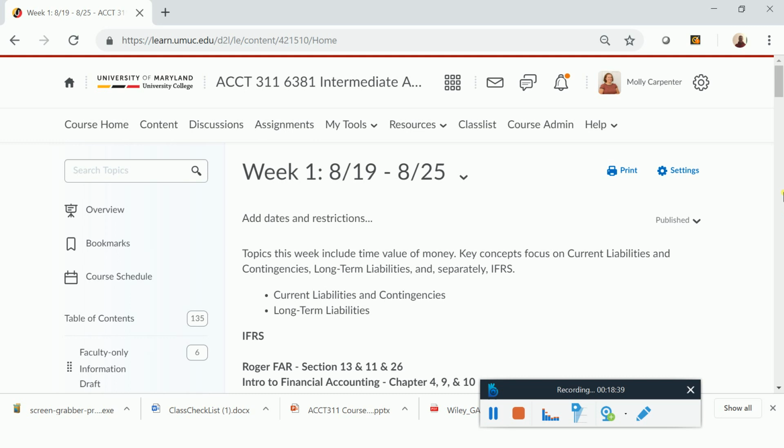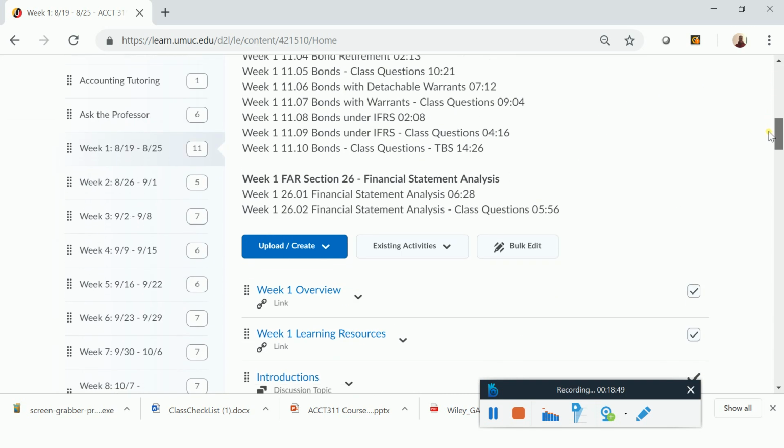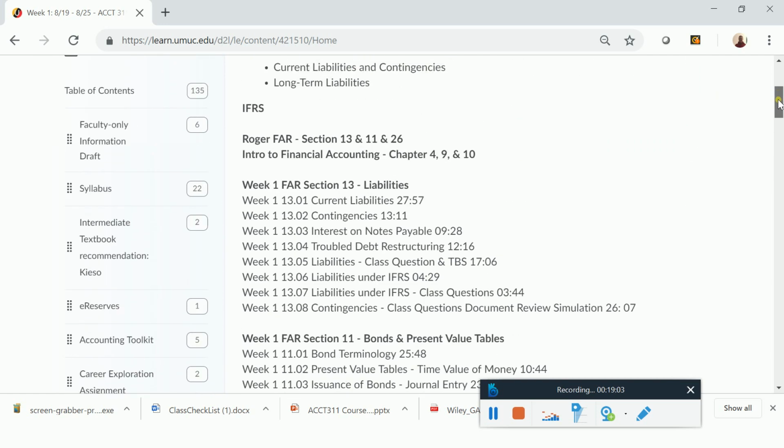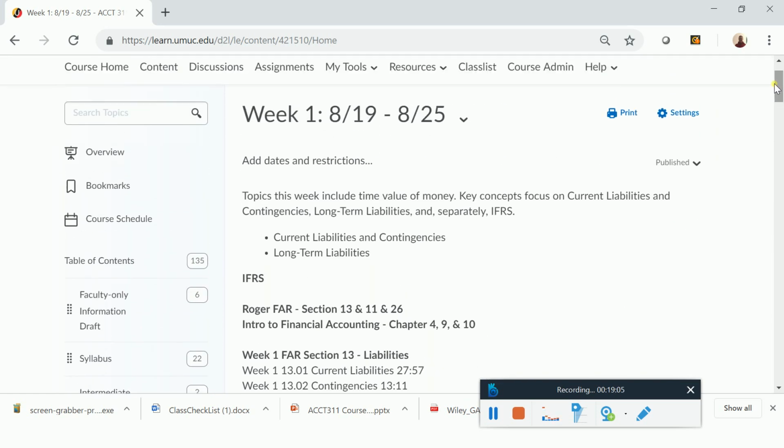So this is Leo. Your version is probably going to look a little bit different because I have the instructor version. But one of the things I first want to point out is all of the weeks have been labeled. The weeks start on a Monday and end on a Sunday. And as I mentioned, Sunday ends at 11:59 p.m. Eastern Standard Time. The other thing that you will also notice is if you go to the course schedule,